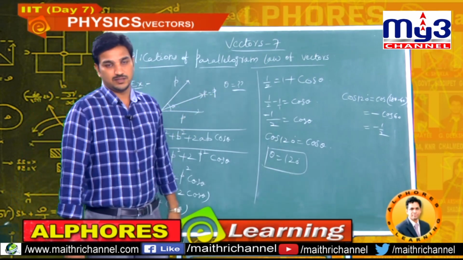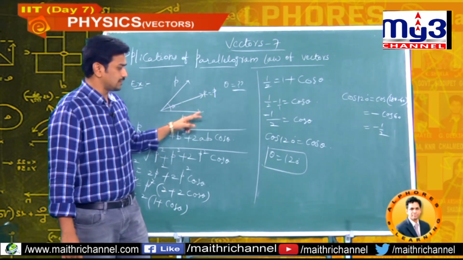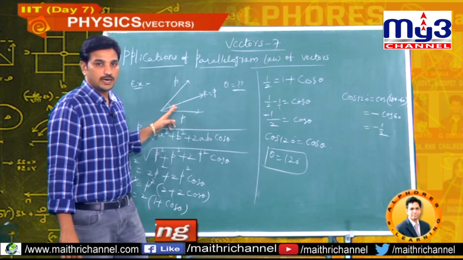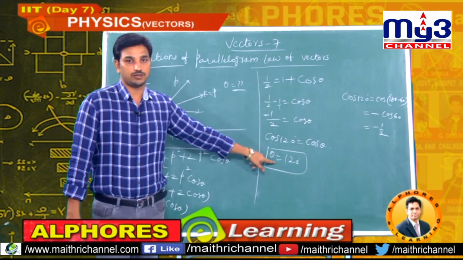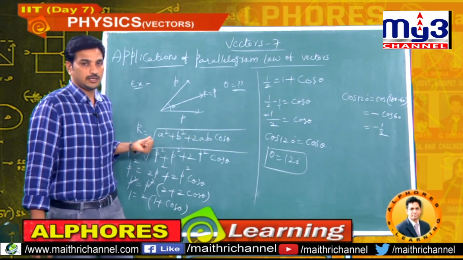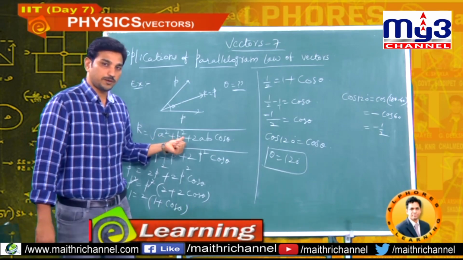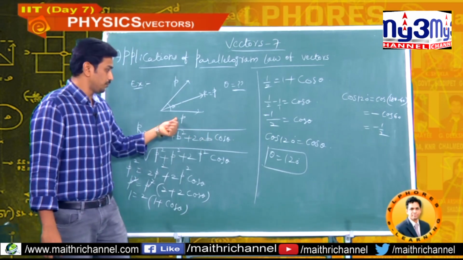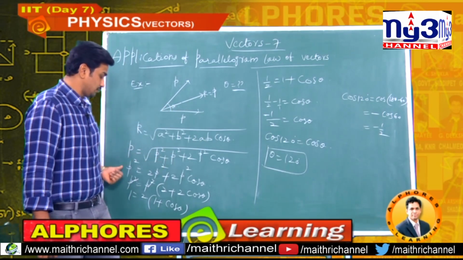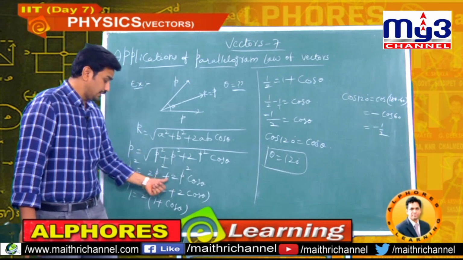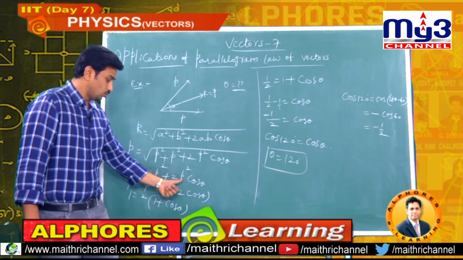What is our question? Two equal vectors, with the resultant again the same as the individual vector. We should find the angle between the two vectors. That is theta equal to 120. What did I do? Simple. I know the formula for the resultant of two vectors, root of a square plus b square plus 2ab cos theta. A value P, B value P, substituted, and after substitution, squaring on both sides. Now P square is common in this equation. After taking P square common, 2 is left over here and 2 cos theta is there.